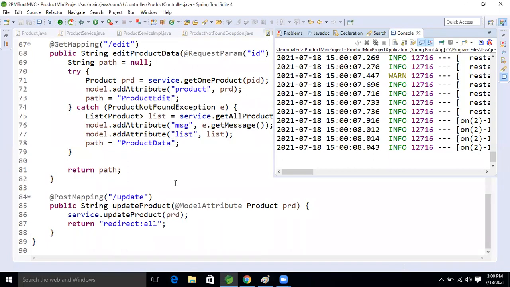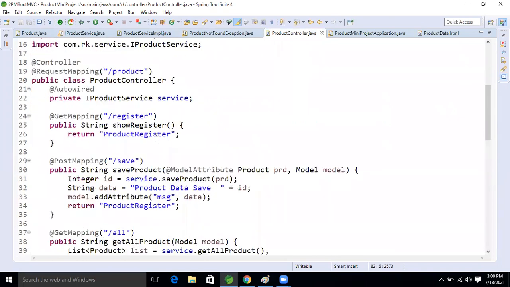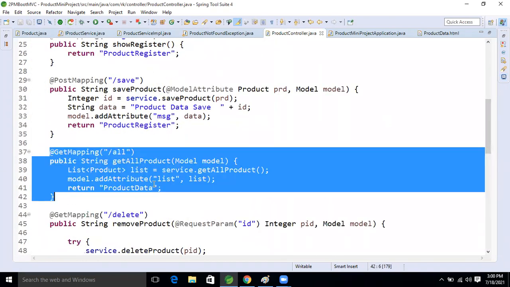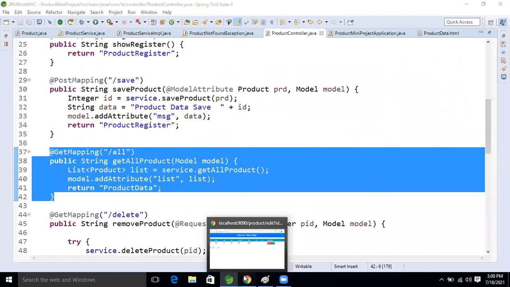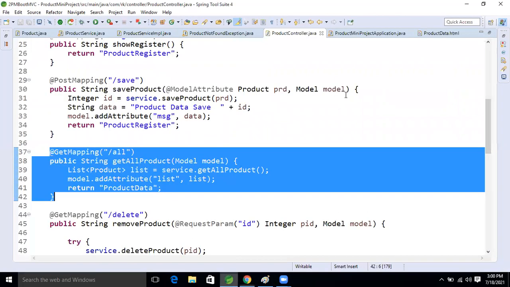So see this here. Come to our getAll method. This method is there to show all the data, whenever we are clicking on add. I have stopped the server now.